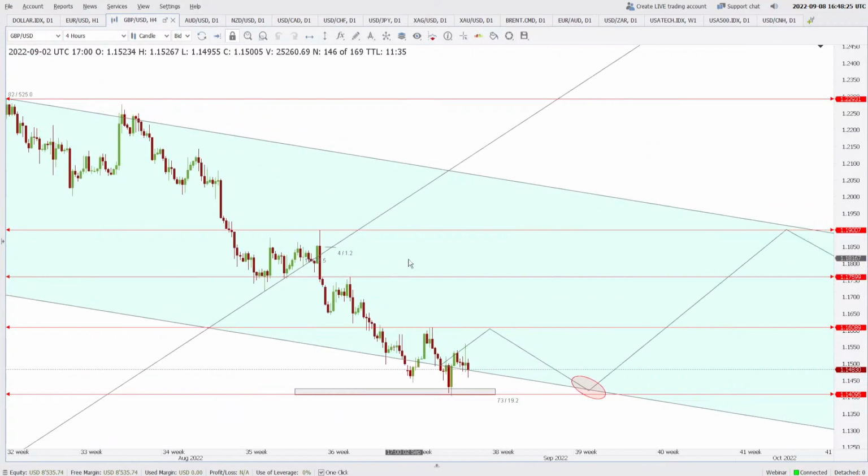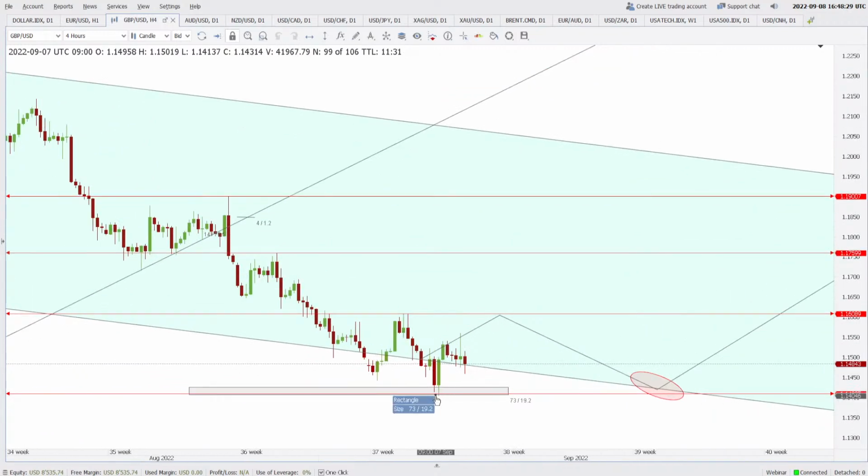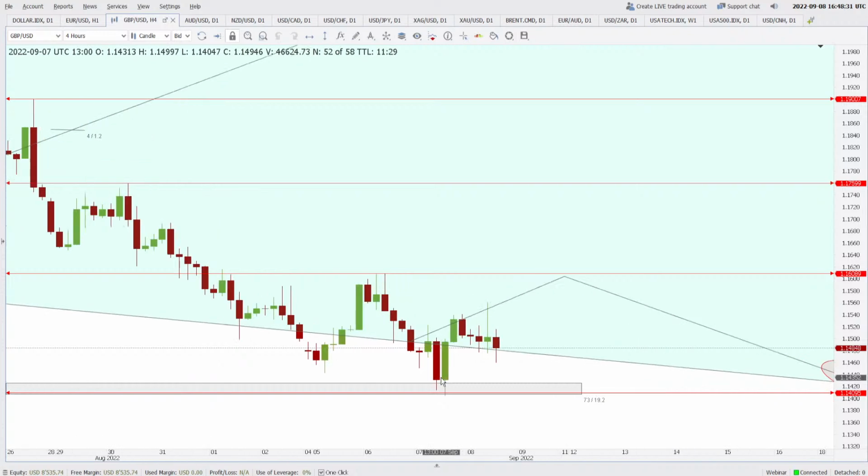All right. So on the 4-hour, we have seen almost, I'm not saying that it's complete. Technically, this is not a bullish engulfing at the support, but how much did it miss from being a bullish engulfing? The high of this candle was 1.1499 and the high of this previous candle was 1.1501. So it is only by 2 pips, but it still will be counted as a bullish engulfing. I hope you don't mind it.